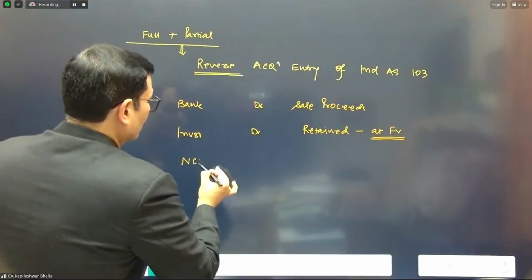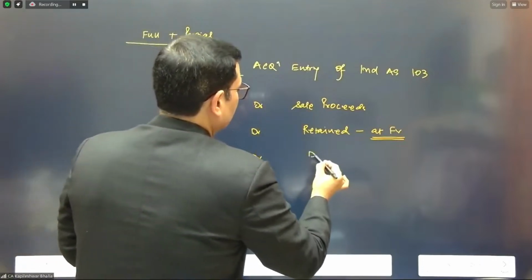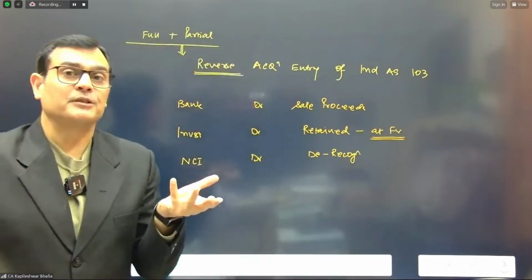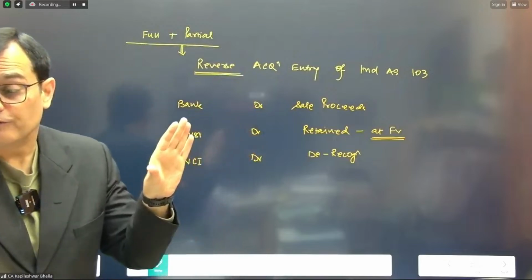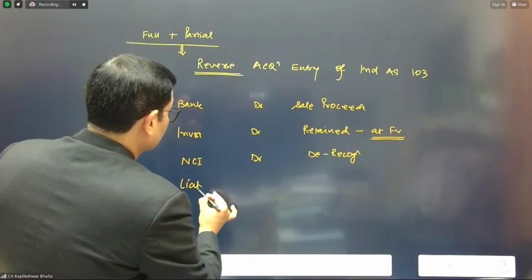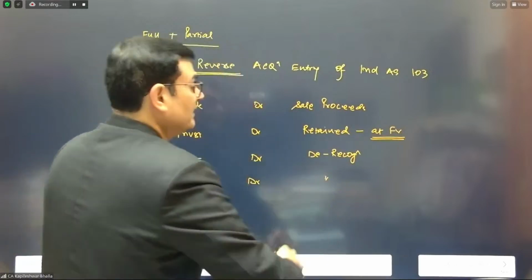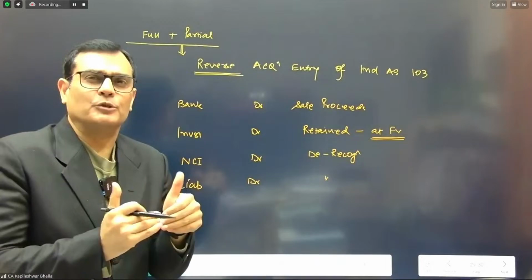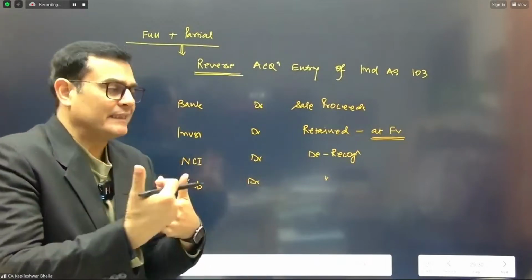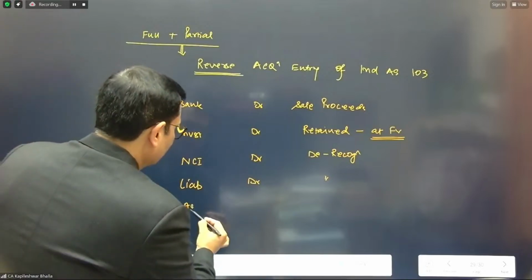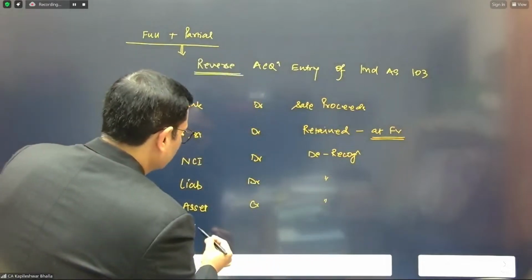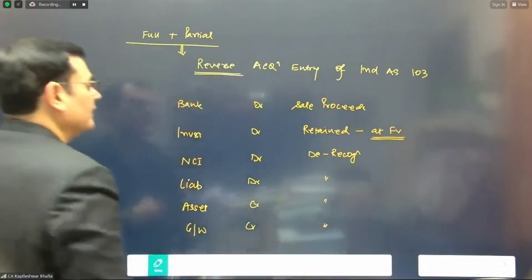We're going to make a derecognition of the NCI. So we will debit the NCI because we want to go for a derecognition of the NCI because control is gone. And if the control is gone, the NCI needs a removal from the balance sheet of the company. Then in this particular case, the liabilities will be given a debit because this is again going to be derecognized. You are basically doing a deconsolidation because whatever assets, liabilities aggregated, derecognize. So the assets is going to be given a credit, derecognize. The goodwill which is appearing in the books of accounts will also be given a credit.